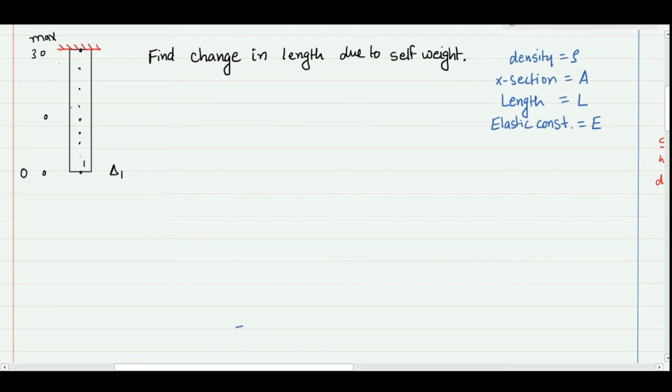And if I want to find the force at any particular section, I can consider a distance x from this end, and whatever force is experienced by this section will be the weight which is lower than this point. So what would be the weight here? Suppose the density is rho, cross section area A, the length of the lower section is x, and the gravitational constant is g. So this would be my force at a distance x, and we can see here that this F is not constant, it is a function of x, meaning the loading is varying linearly from the tip to the end, maximum at the root and minimum at the tip.